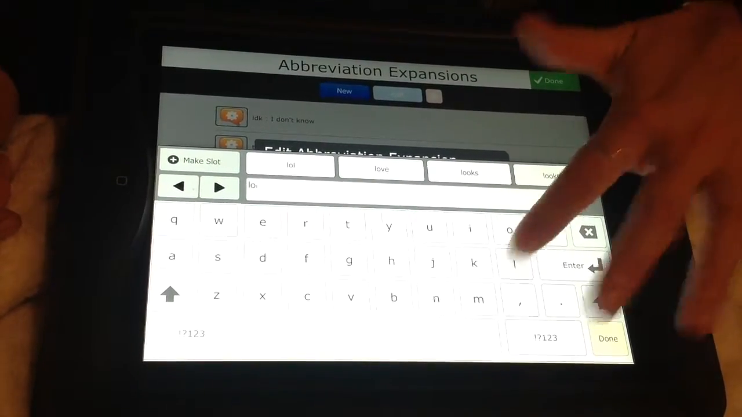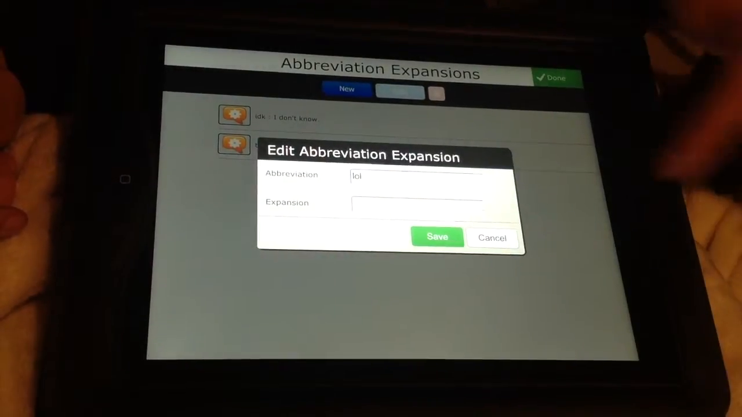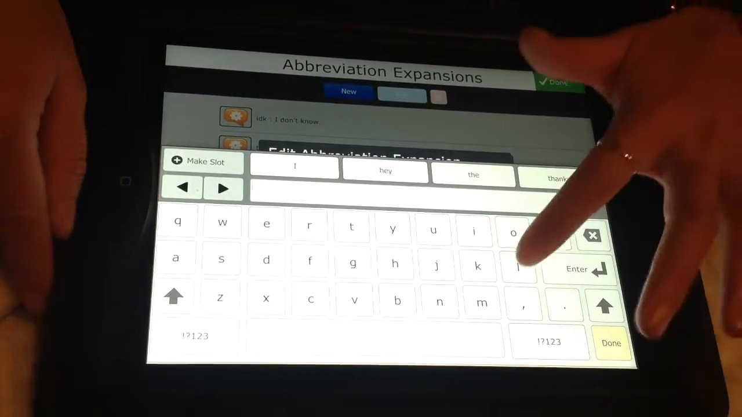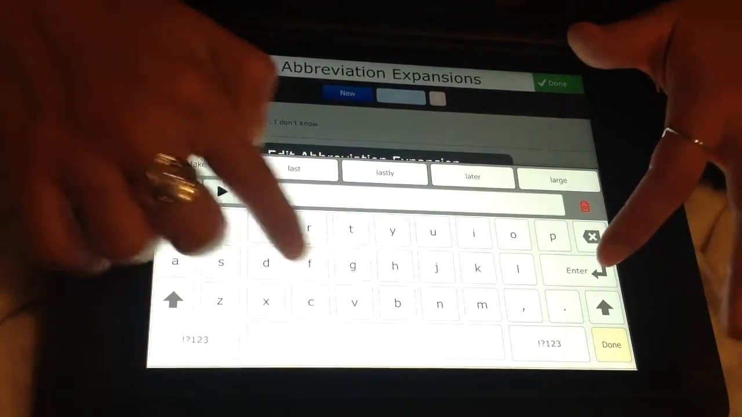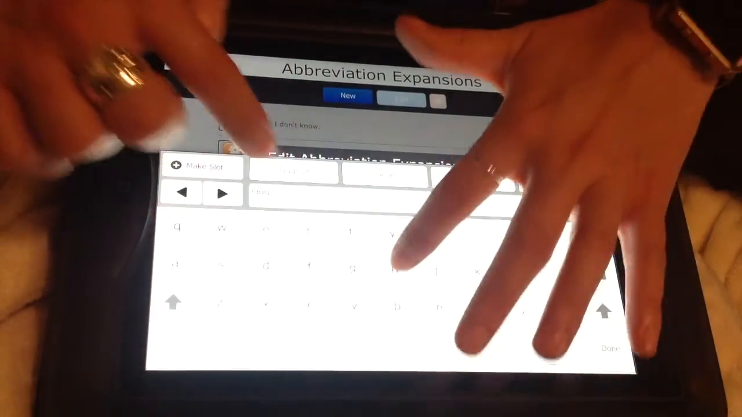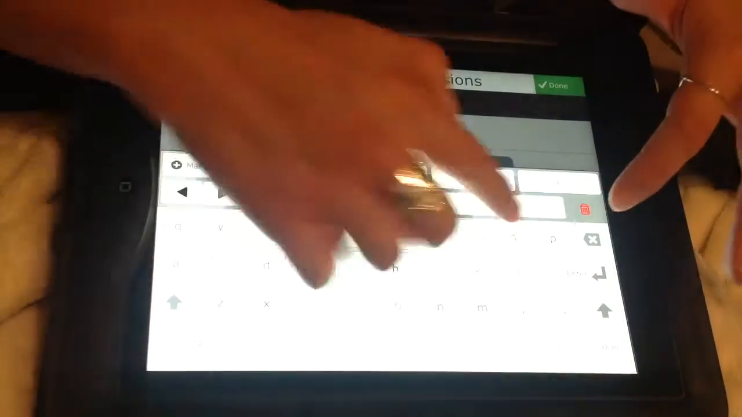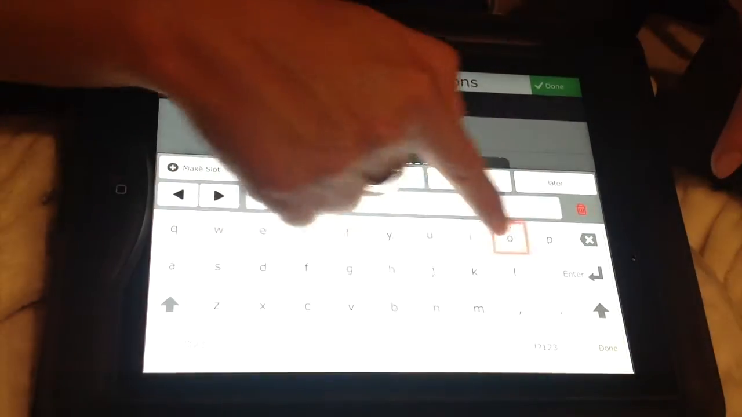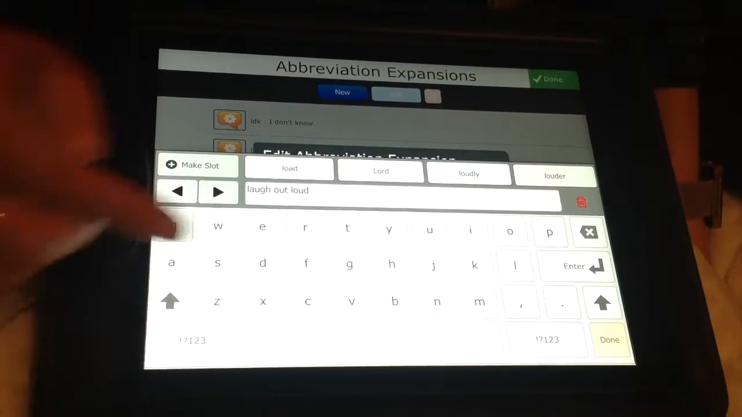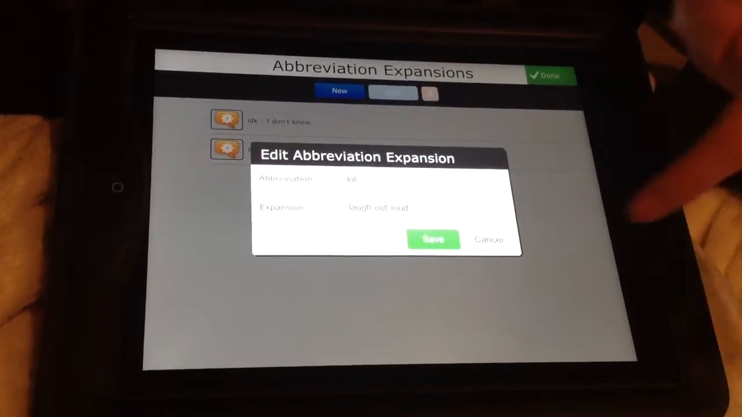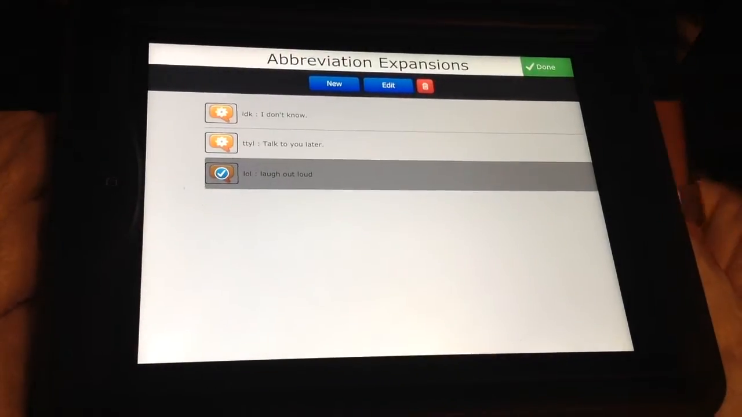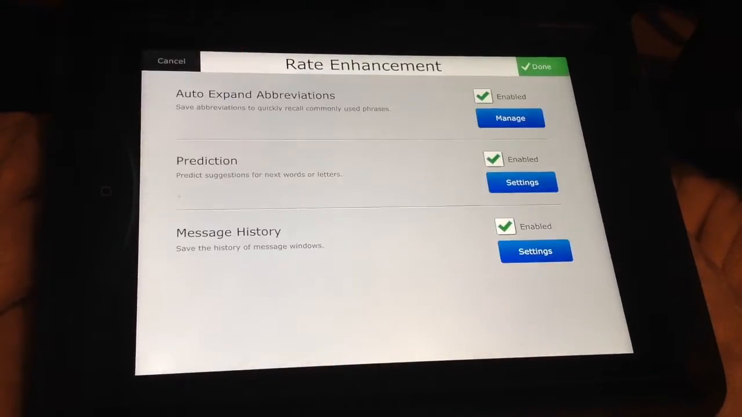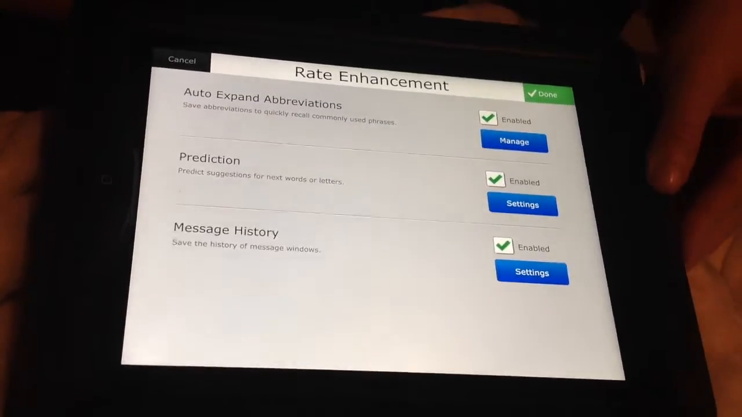Select the abbreviation box, type in your abbreviation such as LOL, select Done, then select the expansion box and type in the expanded abbreviation. Then select Done. Select Save, and you have a new abbreviation expansion. If you go back,